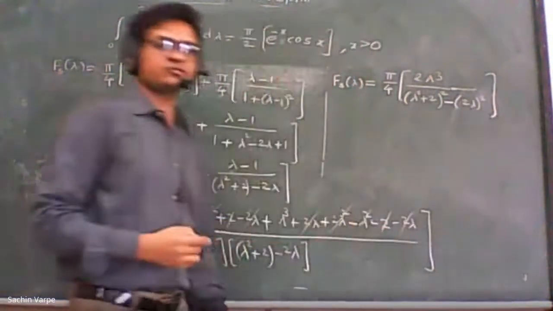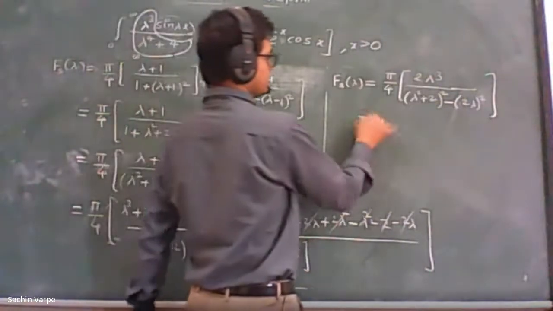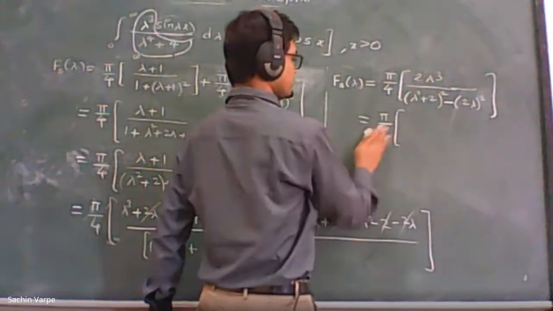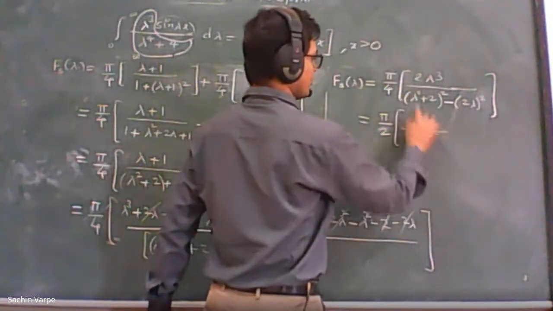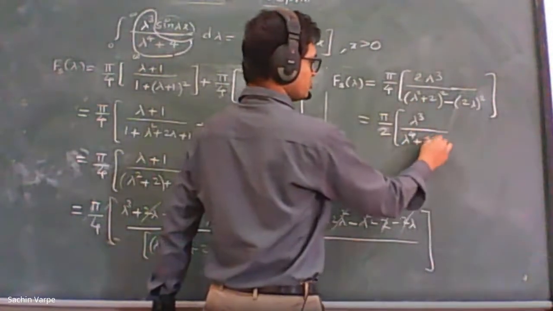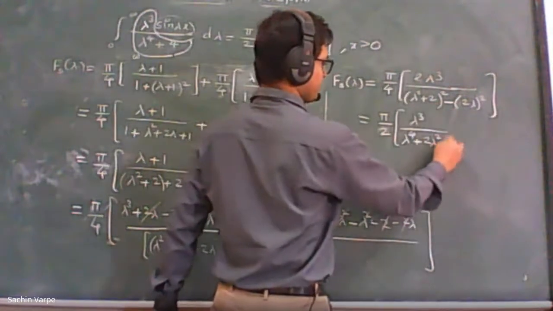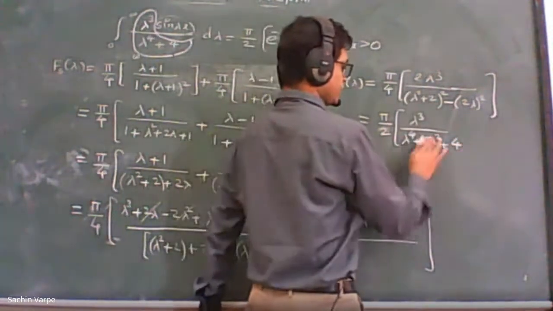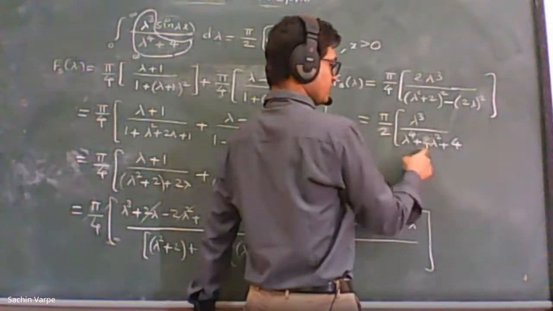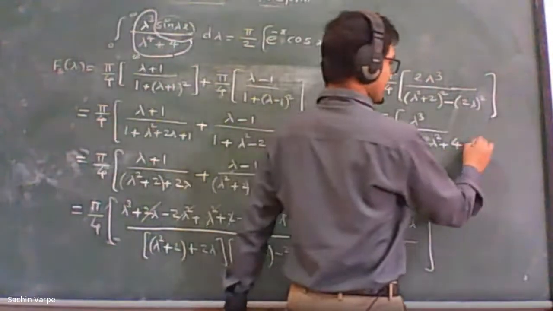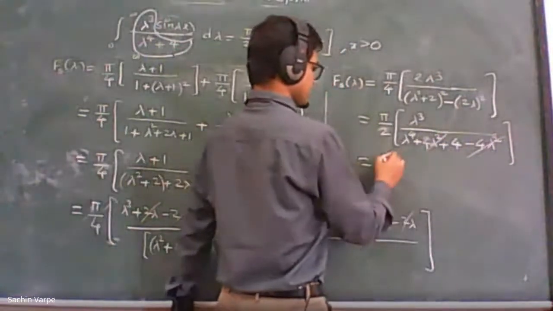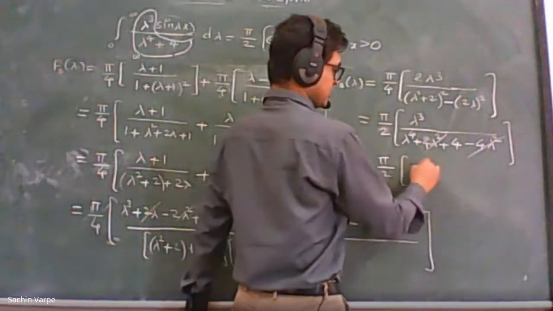Please ask if any doubt. And now simplify this. So this will be pi by 4 times, okay, this will be pi by 2 times lambda cube upon. Now let us expand this also. So lambda raised to 4 plus 4 lambda square plus 4 minus 4 lambda square. So this will get cancelled with this. So what will we get? Pi by 2 times lambda cube upon